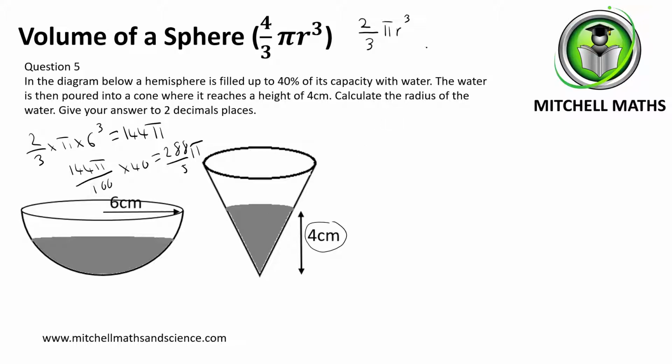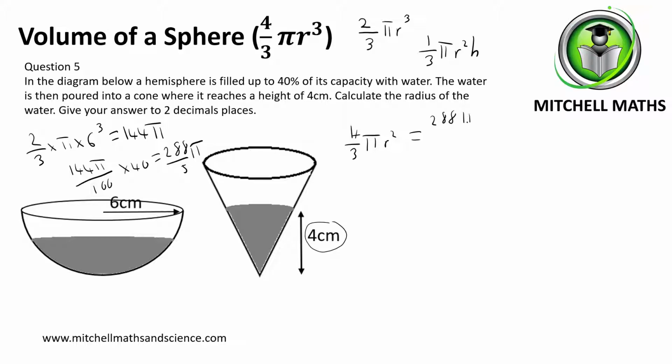And you also get the formula for the volume of a cone, which is 1/3 pi r squared times height. So we have 1/3 pi times r squared times by 4. Well, if we do 4 times that, I'm just going to write it on the top of the fraction here. So we've got 4 over 3 pi r squared equals